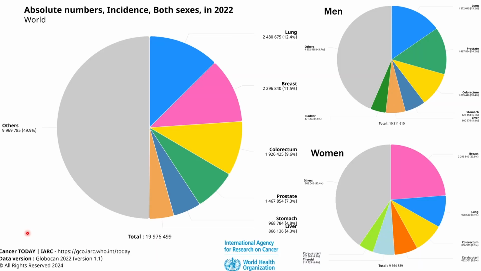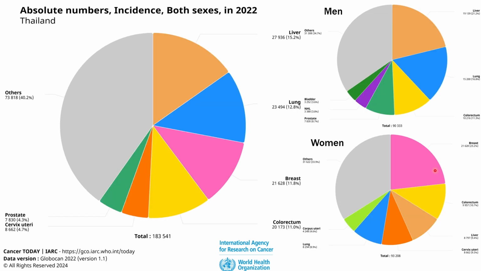If you look at the different types of cancers in the world, the most common cancer in the world is lung cancer. But if you categorize it based on men and women, the highest occurrence of cancer in men is lung cancer, the most probable cause may be tobacco smoking, and then prostate cancer. But in women, the highest incidence is breast cancer. If you look at the situation in Thailand, among men, the highest cancer is liver cancer, and among women, the highest cancer is breast cancer.